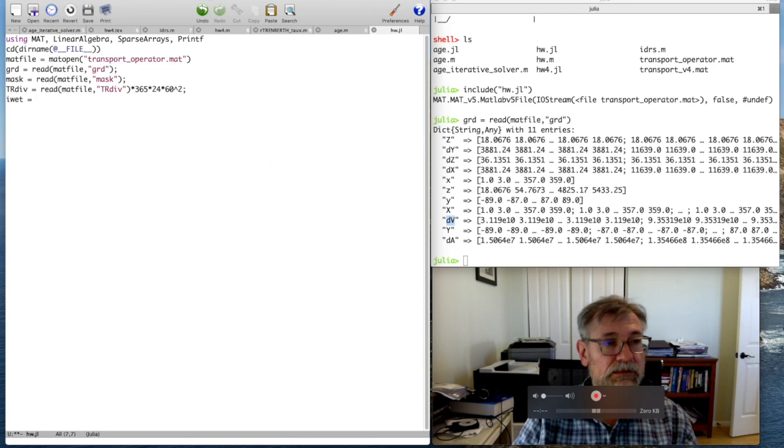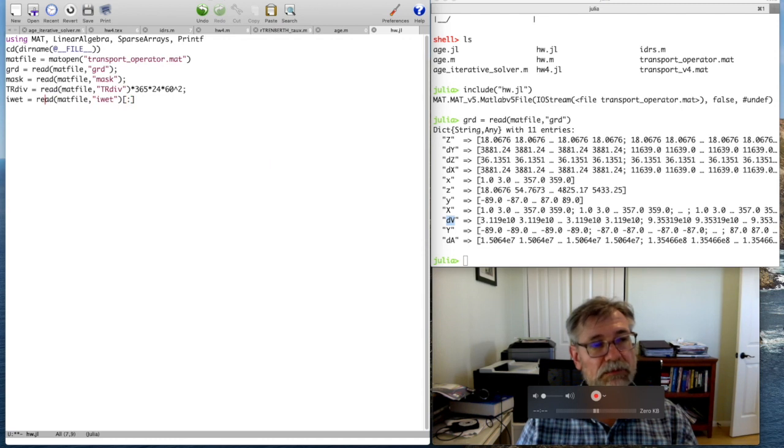So iwet is going to be read matfile iwet, and what we want to do is make this into a column vector, because it's a row, I think, from MATLAB. I'm not sure how it reads it. In any event, we want to convert into an integer, because MATLAB stores everything as doubles. So Int64,